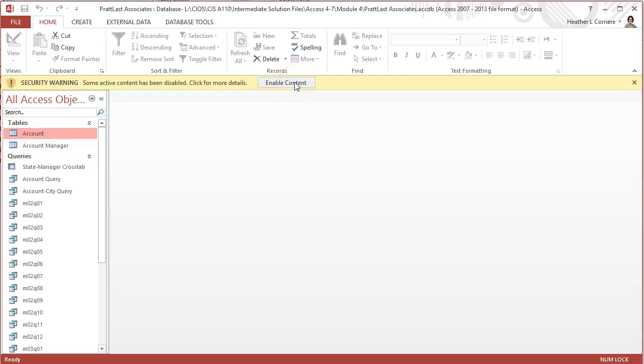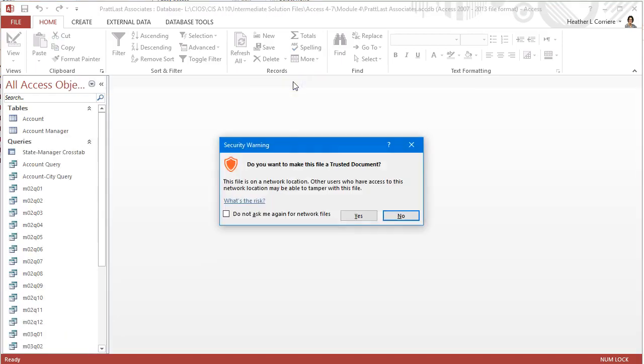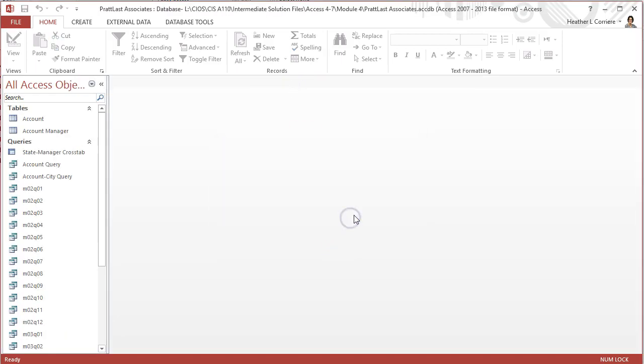We're continuing on from where you finished with your PrattLast Associates database. I'm going to enable content and make it a trusted document. Again, Access can bring with it some risk of viruses, but if we know where our files come from, we should be all right. In this module, we're going to use the PrattLast database,